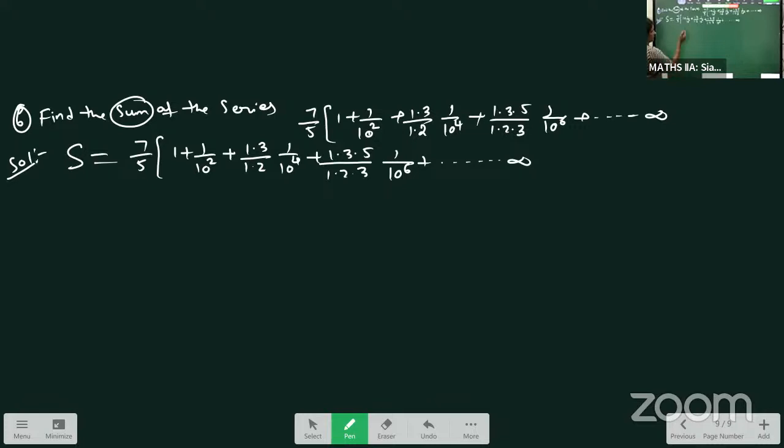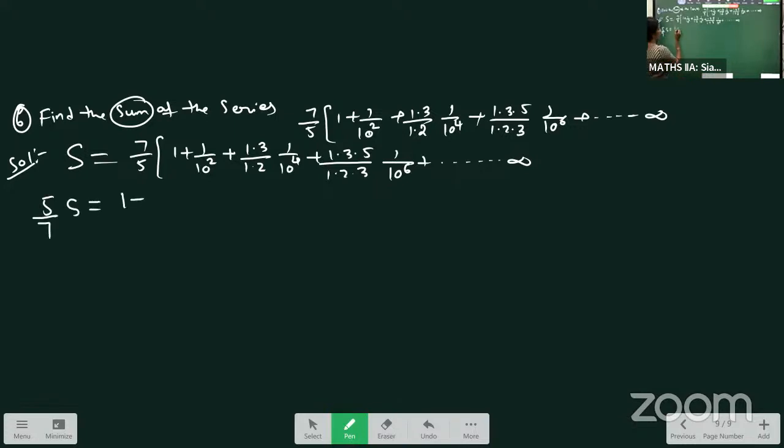If you observe, the series is starting with 1, so some minor changes we have to make here. First, send 7 by 5 multiple to the left side. It becomes reciprocal. The reciprocal of 7 by 5 is 5 by 7, S as it is. So 5 by 7 S is equal to